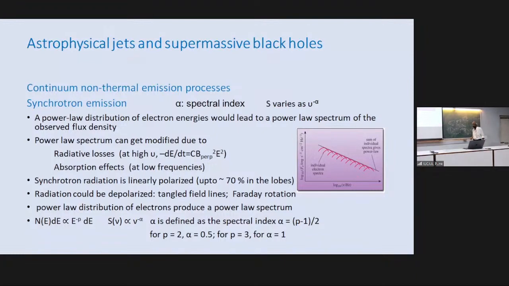What it tells me is that the energy distribution of the electrons which are radiating, or giving rise to the synchrotron emission from the lobes, is also a power law. If I start off with a power law distribution of the radiating electrons, then I will get a power law in terms of the flux density of the emission,